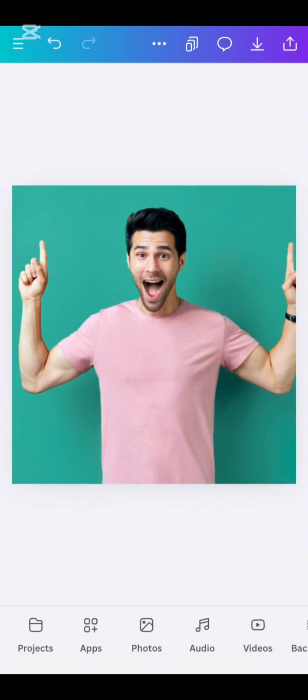So when you are done fitting in all your images to the frames, the letter frames,